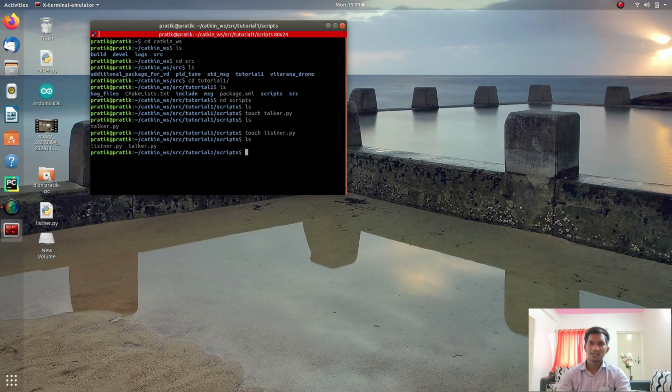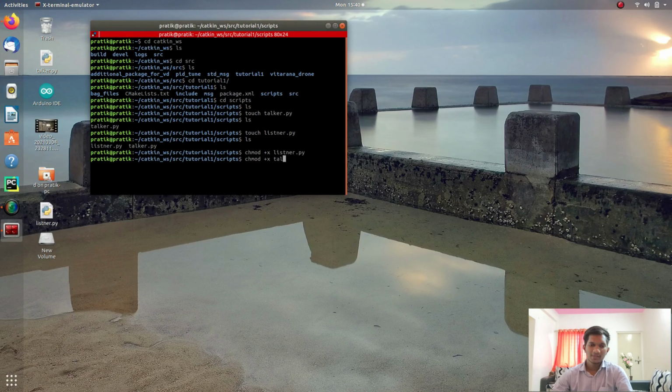So for making them executable, you can type the command chmod +x and the file which you have to make executable. So it is listener.py, and again talker.py. So okay, I'll just type ls. So you can see that both the nodes are there.